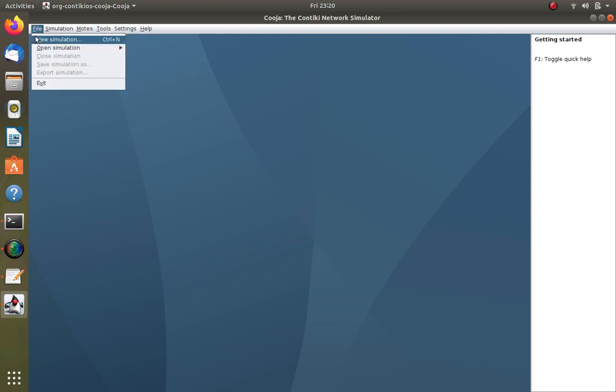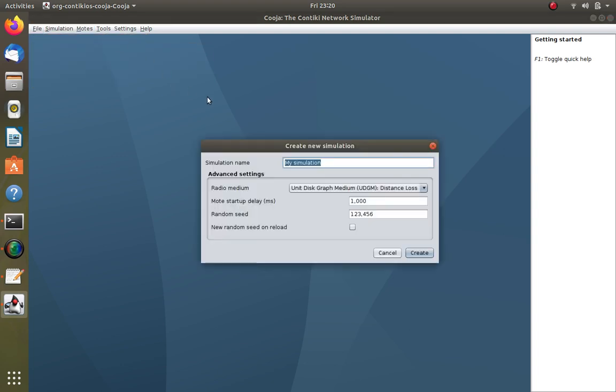First thing is to create a new simulation. In the new simulation, what name do you want to give? Let me give my own. Already I have given my own, so the same name I could give here, but it is not necessary. I can use my first GUI. I will give my first GUI app. I can give it like this.